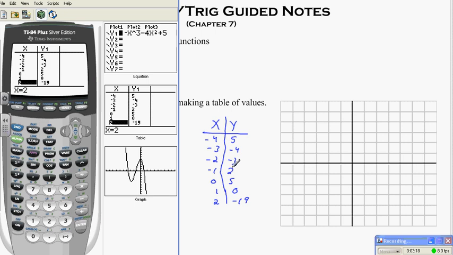Okay, one quick check to make sure it looks all right. I think I got it all right. We graph these points. We have negative 4 and 5, negative 3 and negative 4, negative 2 and negative 3, negative 1 and 2, 0 and 5. That's what we thought our y-intercept was going to be, and we're right. 1 and 0, and then 2 and negative 19. That's pretty far below. So we have a rough